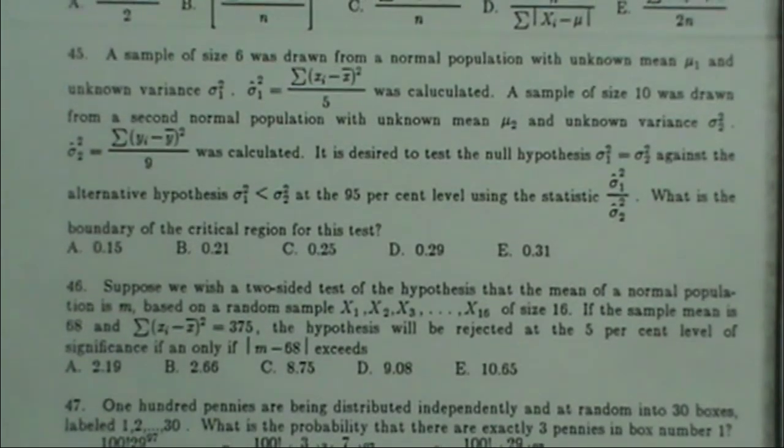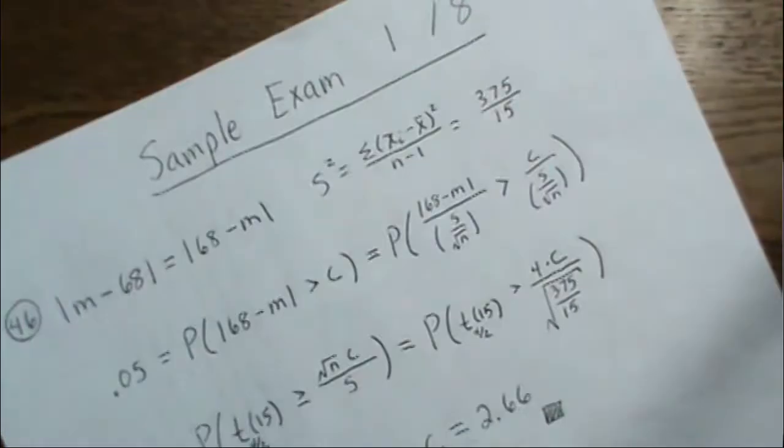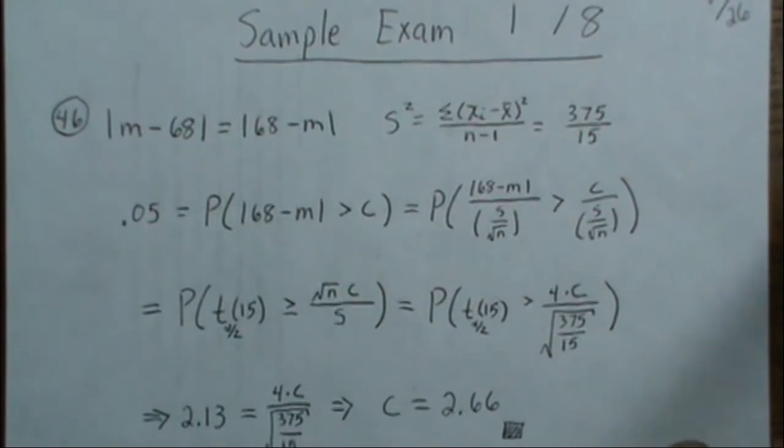46. Suppose we wish a two-sided test of the hypothesis that the mean of a normal population is M based on a random sample of size 16. If the sample mean is 68 and the sum of (xi minus x bar) squared is 375, the hypothesis will be rejected at the 5% level of significance if and only if the absolute value of M minus 68 exceeds... So, 46,